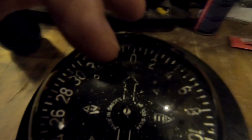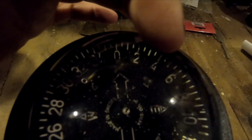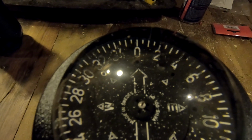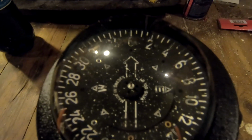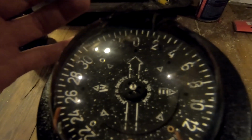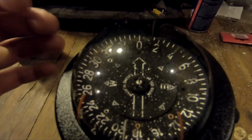As you can see, this is all that's left of the bubble right in front of my finger here. I don't know how well the camera is going to pick it up. Like, there is the bubble. If the temperature gets really low, the bubble is going to grow a bit. Like yesterday, it was perhaps a centimeter large. Now it's about 4 millimeters. So yeah,